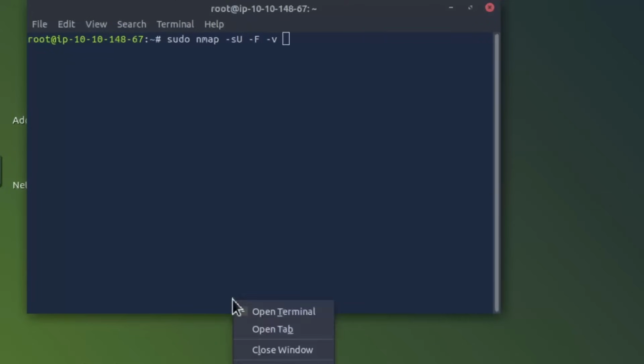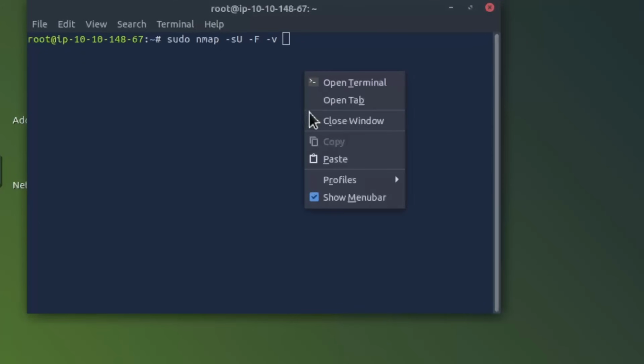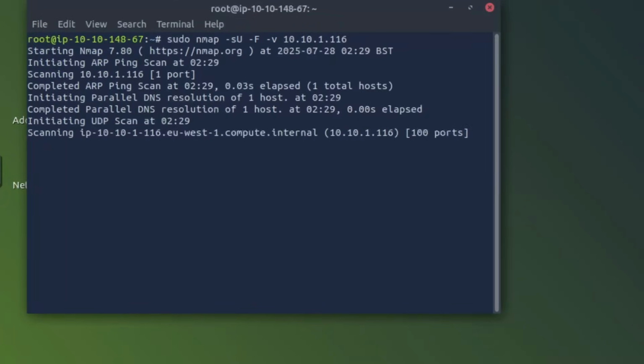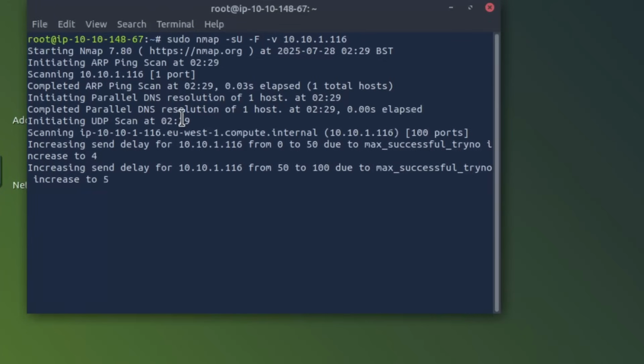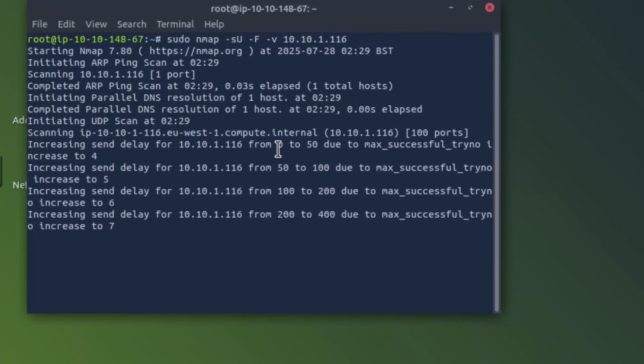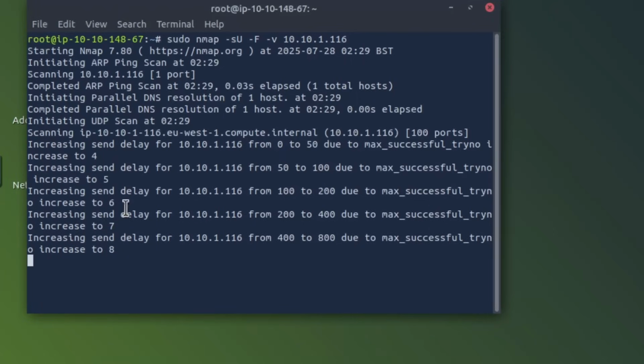-sU -F -v, and I'm going to paste the IP address here. Let's see if it'll ask me for a password. It doesn't. I'm an admin. That's basically what it says. So notice how, because we used -v, it's actually showing the results for everything that it's doing, right? So from 0 to 50, 50 to 100, max increase to 5, 6, 7, etc. So it just keeps going,